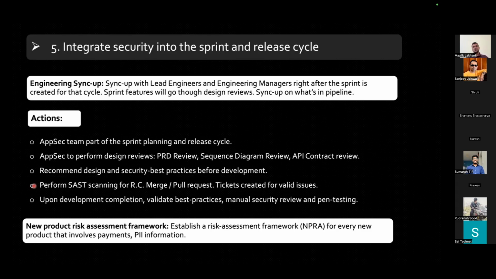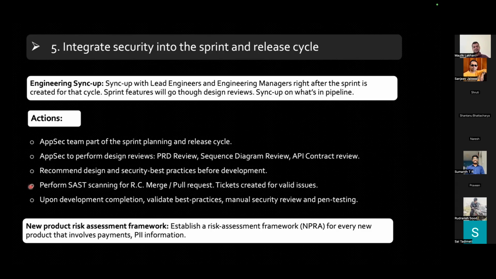You can ask them to submit that MR link or PR link, and you will perform tasks and all of that. So you will manually review that source code, or you will again run some sort of tool on your own machine. And if there are any security issues which were not covered in the design, such as they have not written that validation properly, or if there are any certain code specific issues, you can do that.